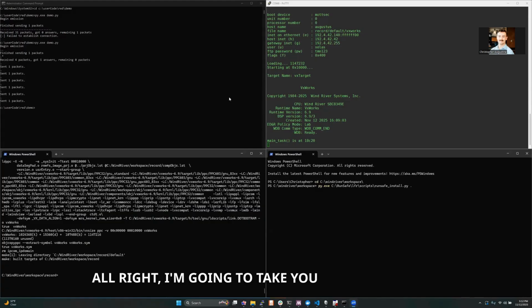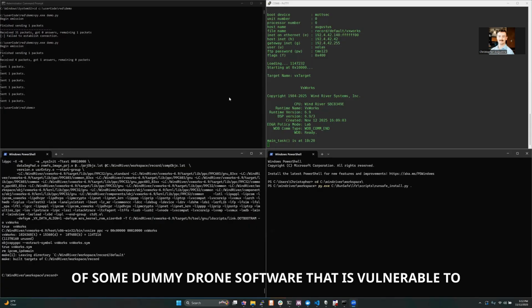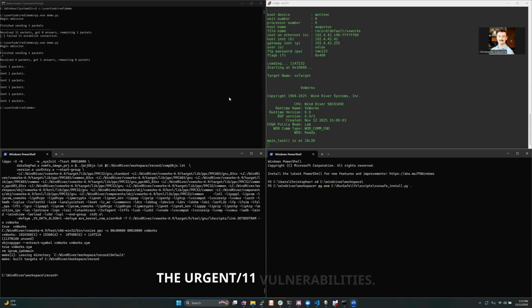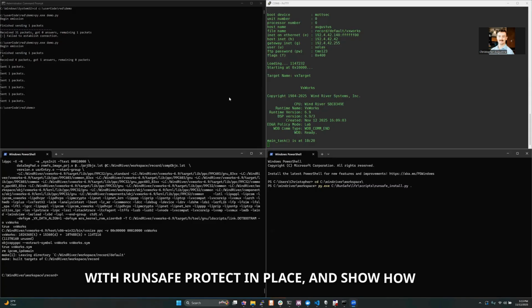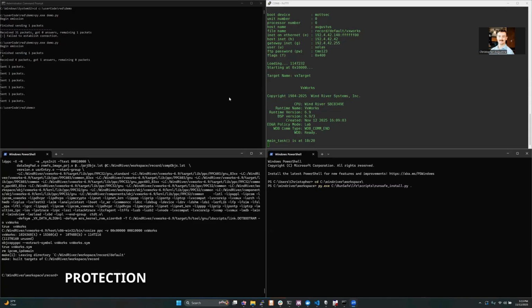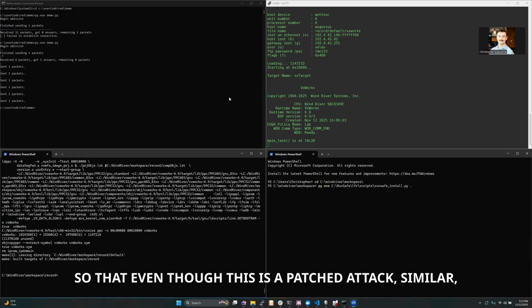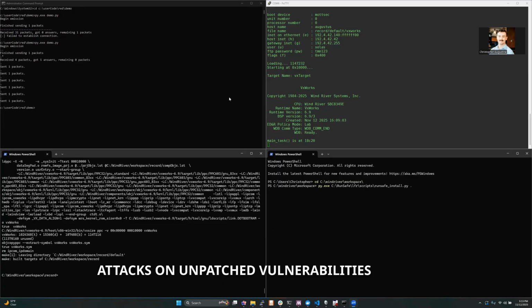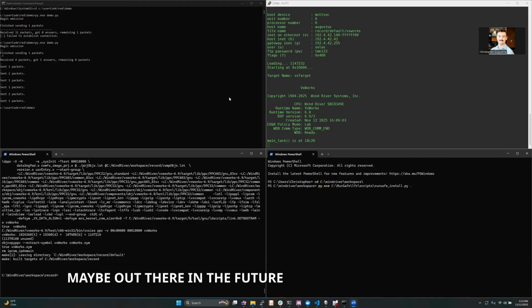All right, I'm going to take you through a demo of some dummy drone software that is vulnerable to the Urgent 11 vulnerabilities. And we're going to exploit that and then recompile with RunSafe Protect in place and show how our protection prevents exploitation of this vulnerability and other memory safety vulnerabilities so that even though this is a patched attack, similar attacks on unpatched vulnerabilities that are out there or maybe out there in the future are also mitigated